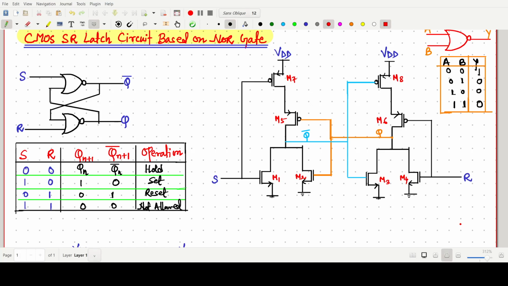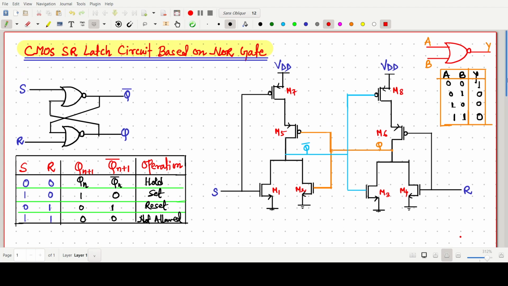Welcome everyone. In this video lecture, we will think about the SR latch circuit which is based on the CMOS circuitry. Okay. So, CMOS SR latch circuit based on NOR gate. So we are using NOR gate for the SR latch. Okay. So the very first thing is our fundamental SR latch circuit is already drawn here using two NOR gates,